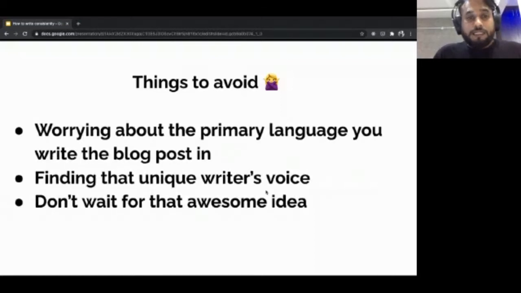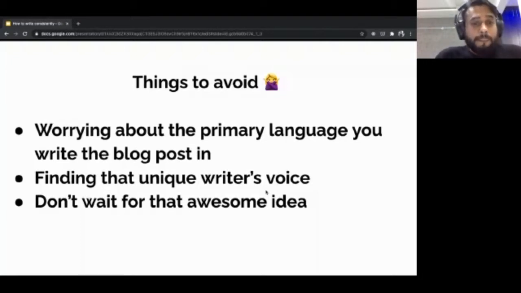Another thing that comes to mind when you are starting or trying to create this habit of blogging regularly or writing consistently is that you should not worry about the language you are writing in. English is not my native language. When I'm writing a blog post, I only use English. It is not something my thought process usually happens in, and I used to make a fuss about it, but not anymore, because along the way I have learned that the more you write, the better you improve your skills of language as well as of writing and communicating.